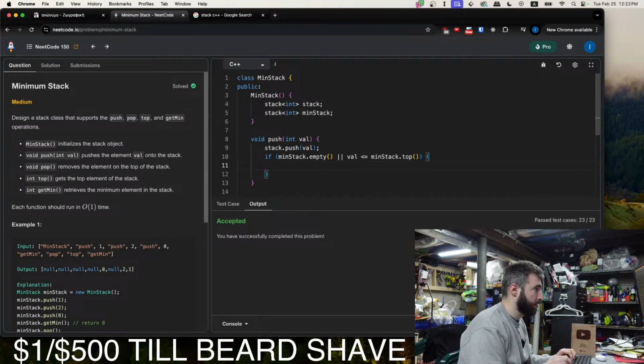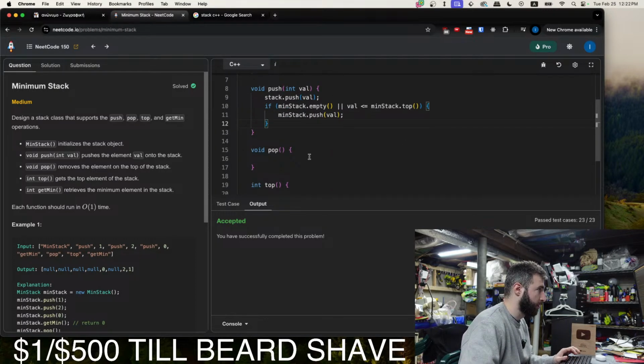If that's the case, then we push it onto the min stack as well. minStack.push(val). Nice. And it's a void function, so we don't return anything.